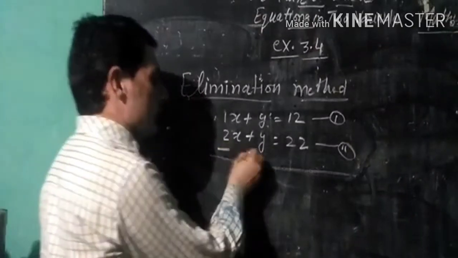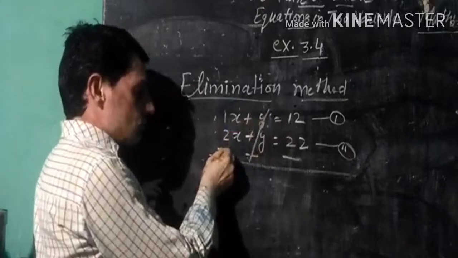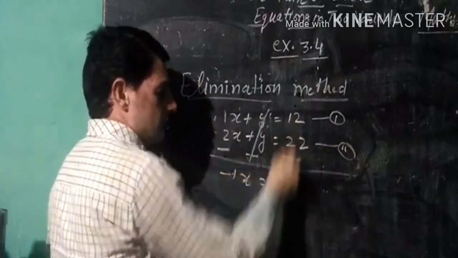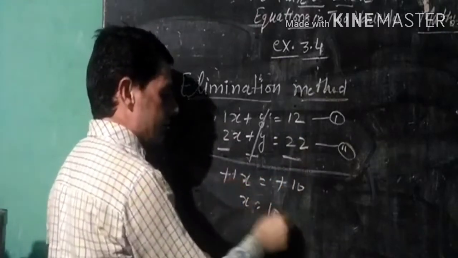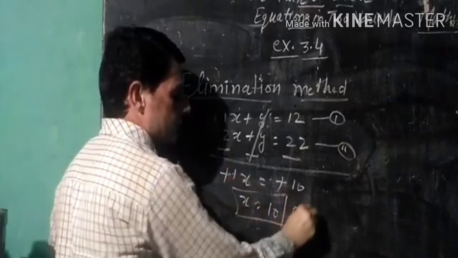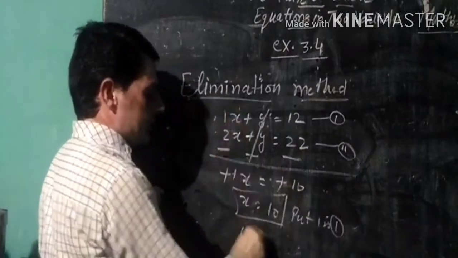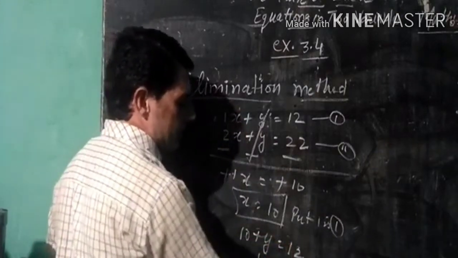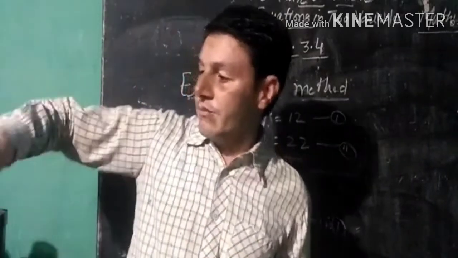तो माइनस कीजिएगा, माइनस माइनस माइनस, this is cancel. माइनस का 2x है, प्लस का 1x है, तो माइनस का 1x. This is माइनस का 10. माइनस is cancelled by माइनस. x is equal to 10. Put the value of x in first. What you will get? 10 plus y is equal to 12. So y is equal to 12 minus 10, that is equal to 2. Same as it is, we need to go in the next question.